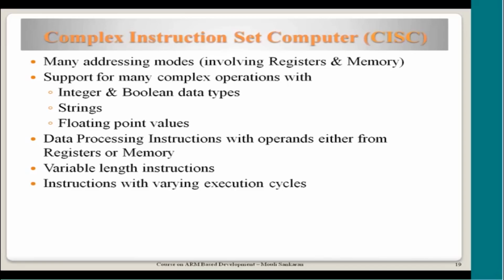Because of the complexity, the execution of each instruction varies, and as you understand, because the instructions are complex, the digital logic needed within the processor for decoding the instruction to know what it is supposed to do will also be complex. When I say a particular design is complex, that means the decoding logic for understanding the instruction is going to occupy more real estate within the chip. That means it needs more digital logic